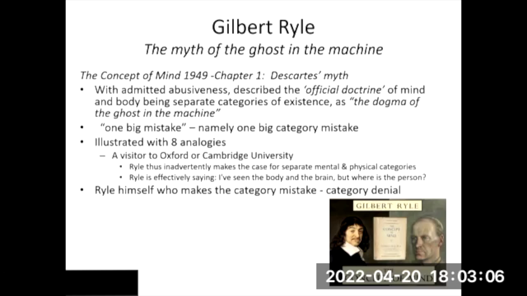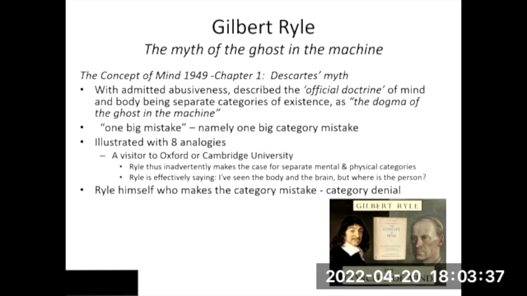But basically, he called it the official doctrine, and he admitted that he was going to be abusive about it, and he called it the dogma of the ghost in the machine, or the myth of the ghost in the machine. He said it was a big mistake, namely one big category mistake. And he made his argument based on 4 analogies, and I haven't got time to go through all 8 of them, but I'll just pick the most well-known, which is the visitor to Oxford or Cambridge University